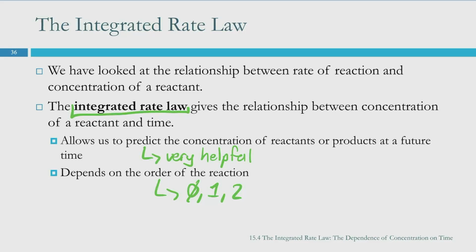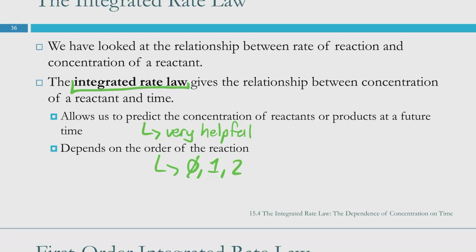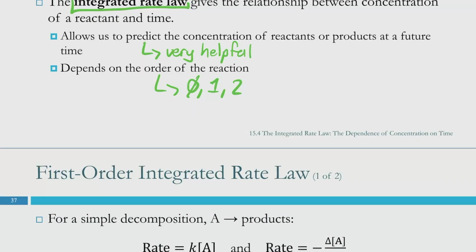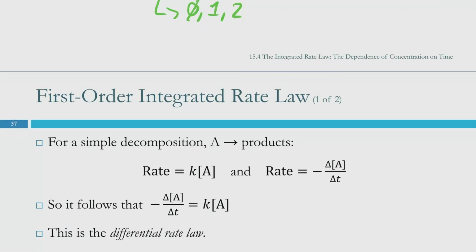So it would still be a good idea to practice, like with flashcards or something. One side, this is the first order integrated rate law, and then the thing on the other side. Or make a chart, a study guide with all of these things laid out. There's actually a slide that will come up that has all of them laid out at once, just so that you know which one to use. And then also with the homework, you'll get practice using them, so hopefully you know how to use them once you've identified them. For our first order integrated rate law,